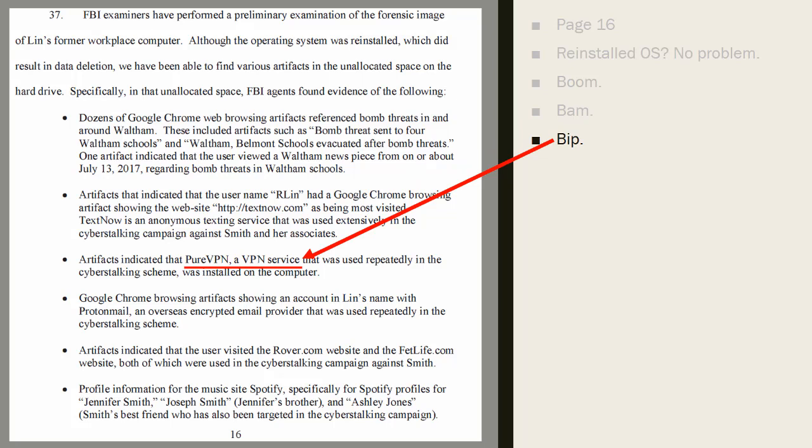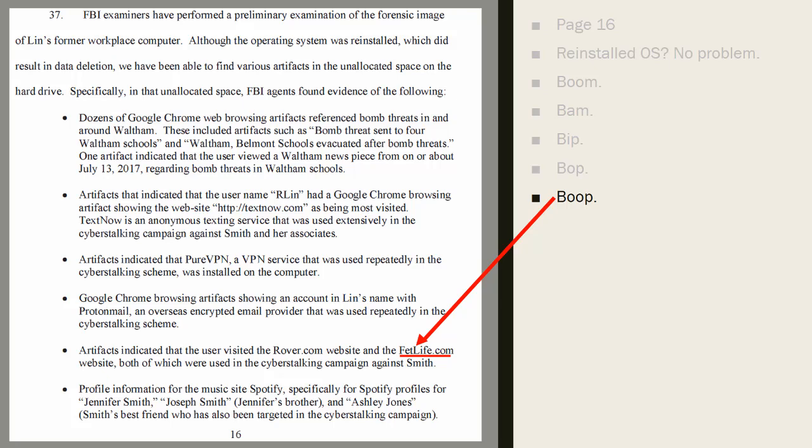Pure VPN artifacts. You had Lynn's name in Proton Mail, which is an encrypted mail provider, which just gives you more of what was going on with Lynn, what services he was using, which gives you more hints on how to deal with your investigation. He also had this rover.com website, which plays into this case as well, and there's FetLife.